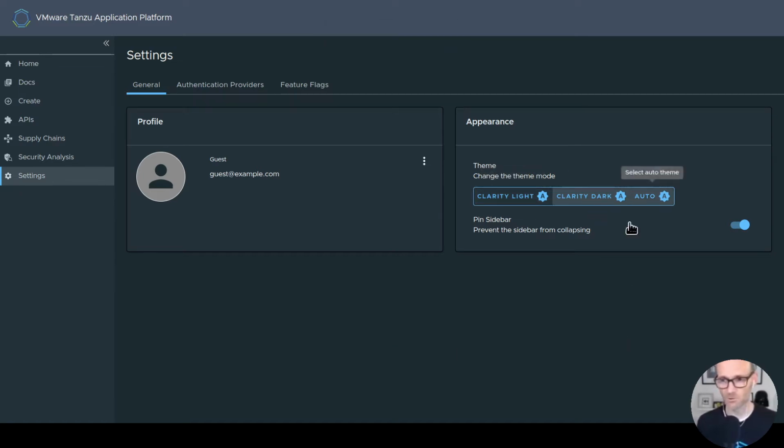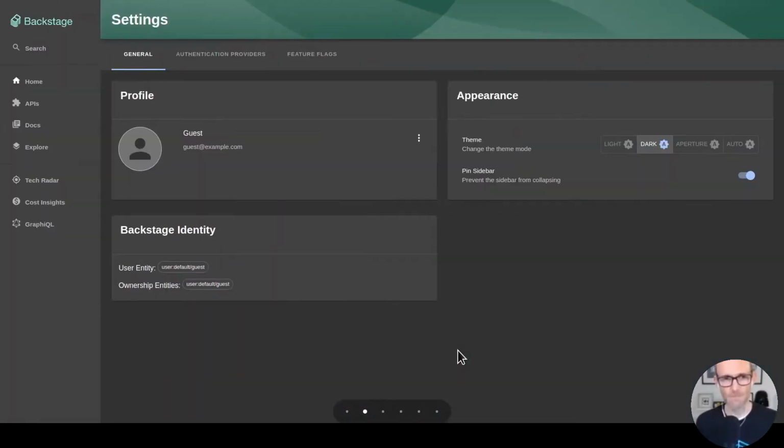So we've got the same options around which theme you would like to apply, the profile, the authentication providers, etc. So already you can see that we are clearly based on Backstage, and there is no doubt about that. We love Backstage, we're very supportive of it, and we are actively participating in that community and contributing our ideas and our code back to the Backstage project as well. So we love Backstage, we think it's great, and we are using it actively inside some of our flagship products